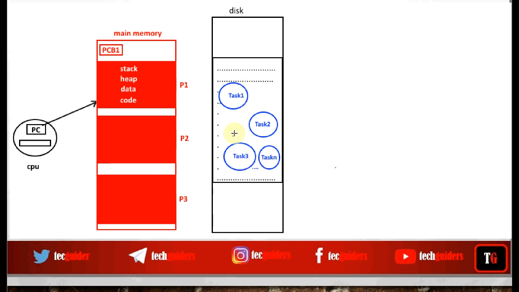They are using the same program and they are performing some particular task belonging to this program. But when the process is created, each process will be allocated with its own address space, its own code space, data space, heap space, and stack space. And also each process will be associated with its own process control block.